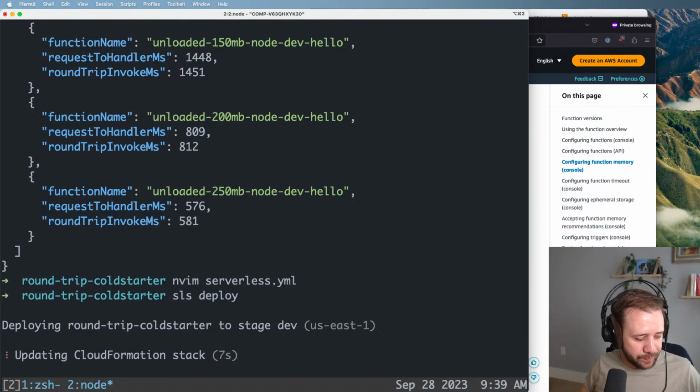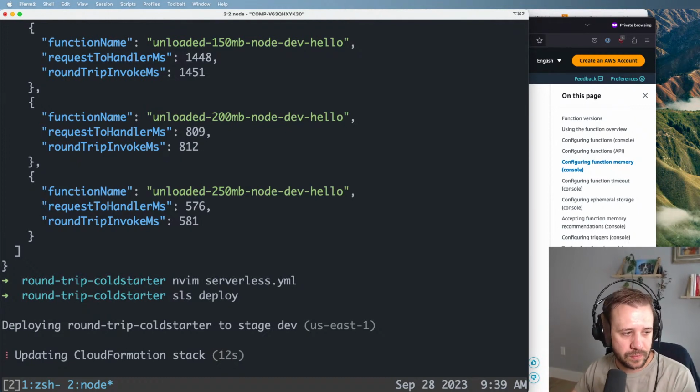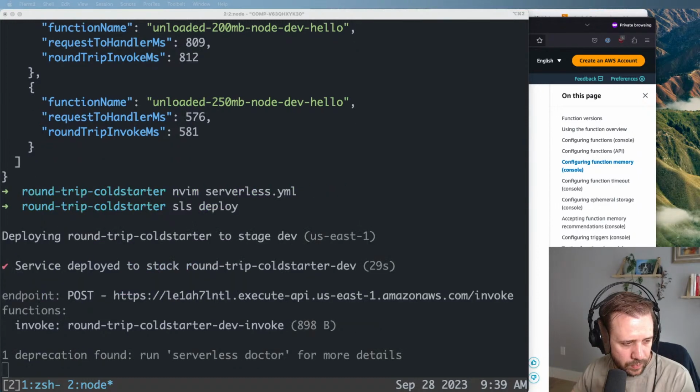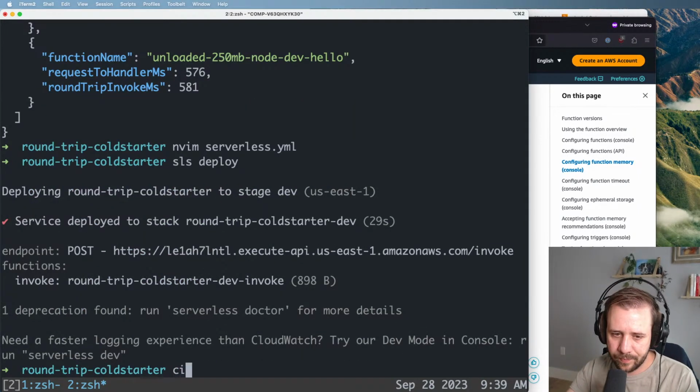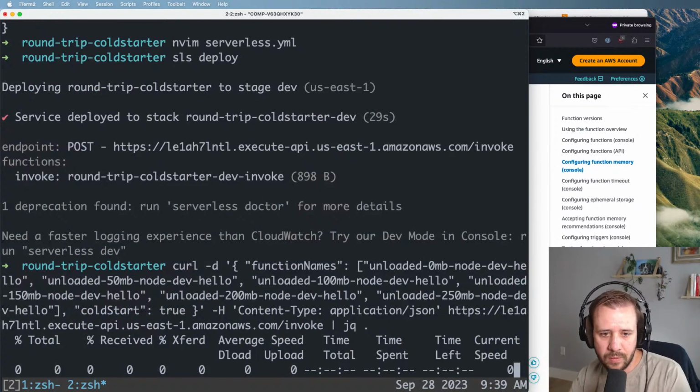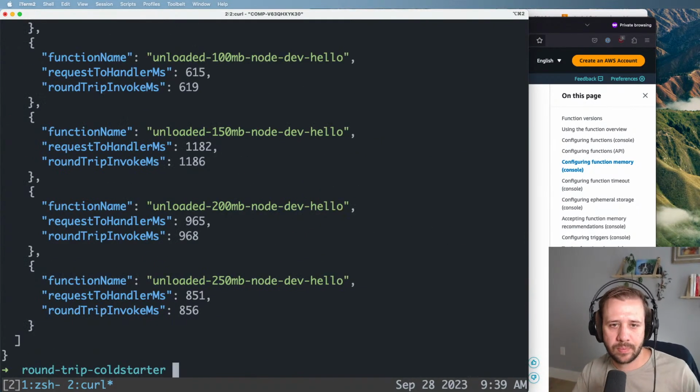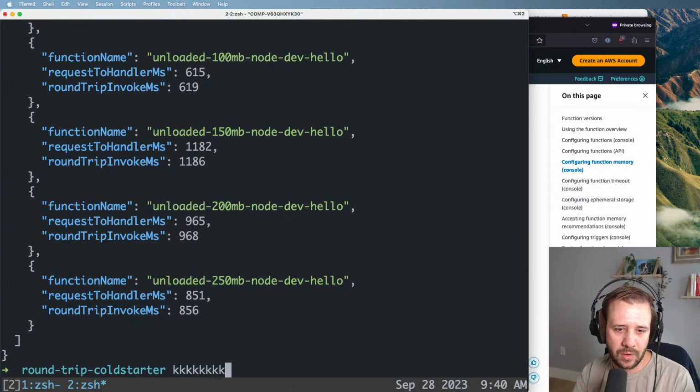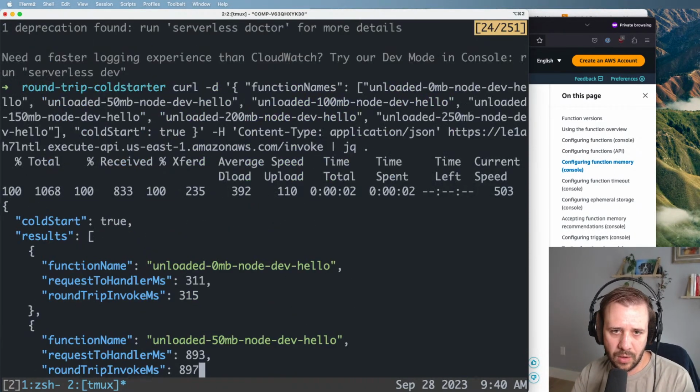Most of them will be idle. Okay, so we have uncapped